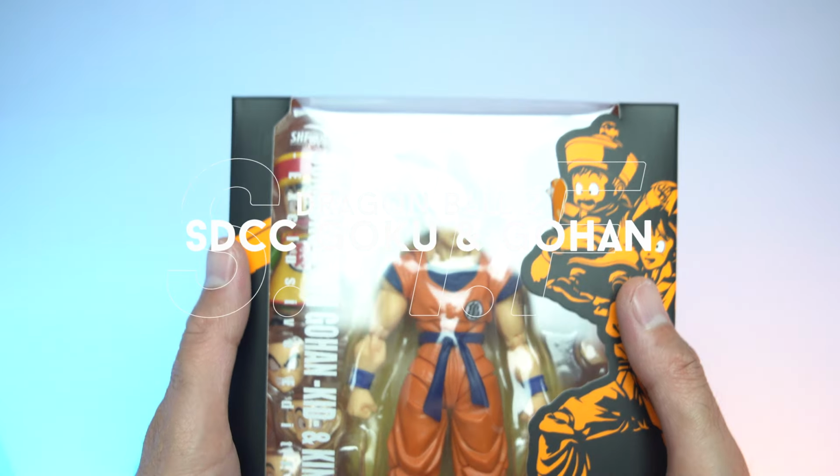So, I kind of have mixed feelings about this release. Alright, let's not jump to any conclusions. It's not what you think. I love this figure, and yes, it is as glorious as people are saying it is. Definitely worth the title of a definitive base form Goku, but we'll get into that a little bit later on. But I love this release so much that it's kind of making me feel a little guilty for owning it,